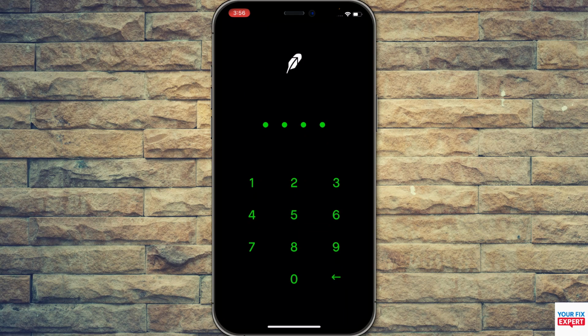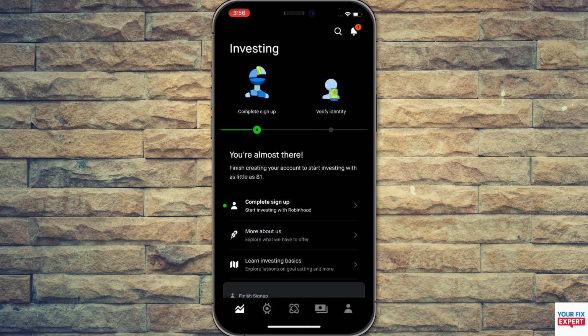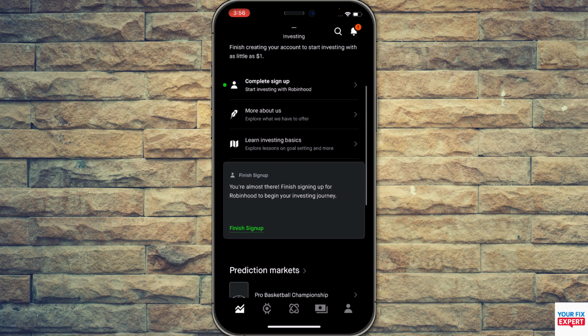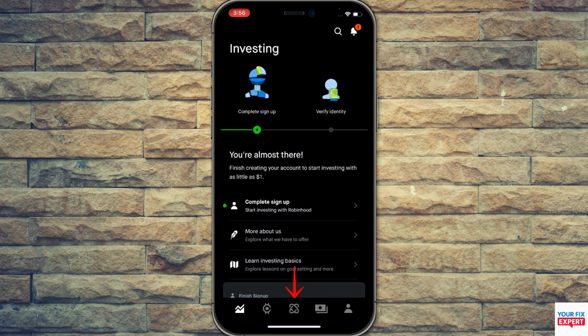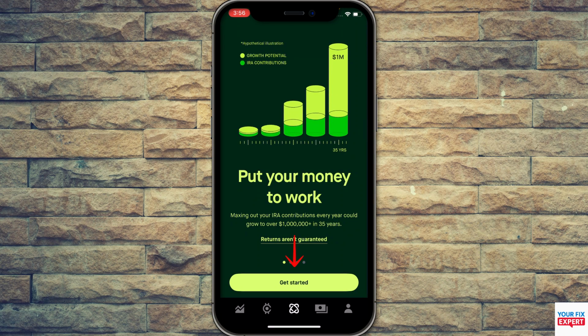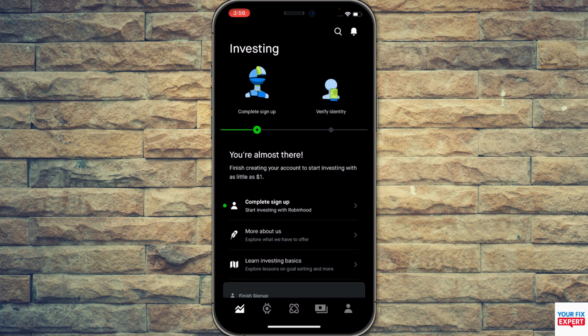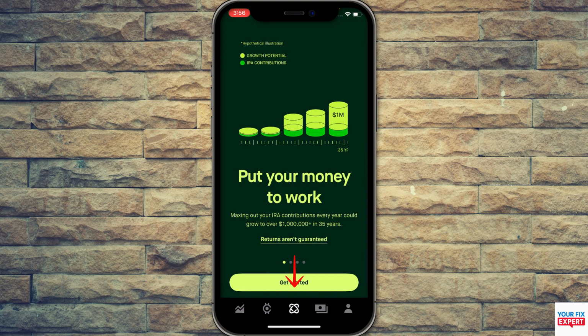Make sure to enter your PIN and you will see the home interface of the application with your account details. So from here you can just click on the middle option, which is kind of a search option. Just click here, and as you can see, I have not verified my account, so make sure to verify your identity. And once you verify your identity, you can just click on this middle option, and from here you